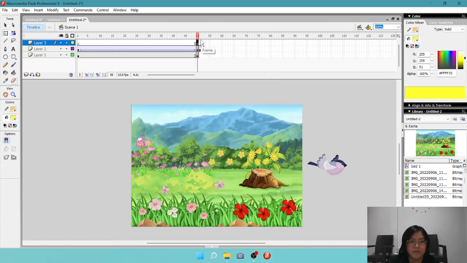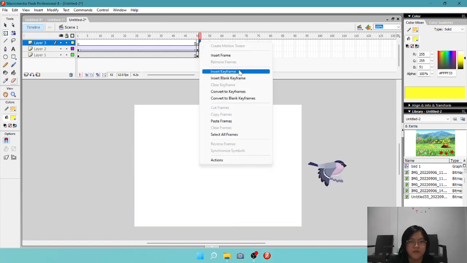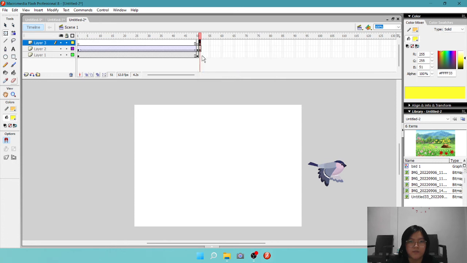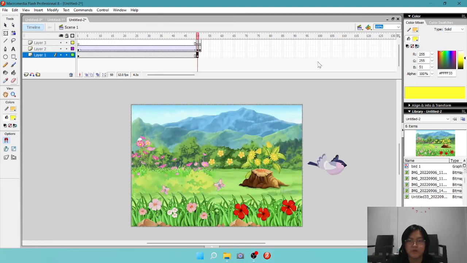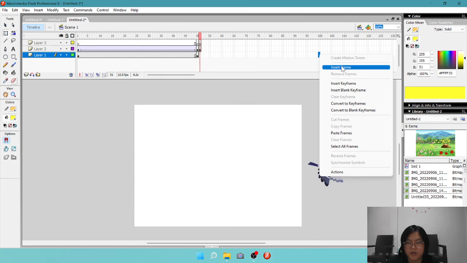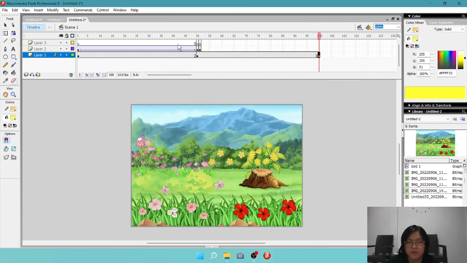Insert keyframe, insert keyframe again. The background layer, insert keyframe at 100. Insert keyframe.